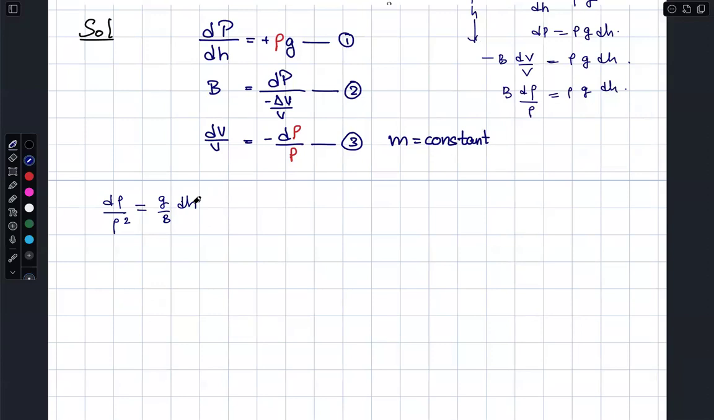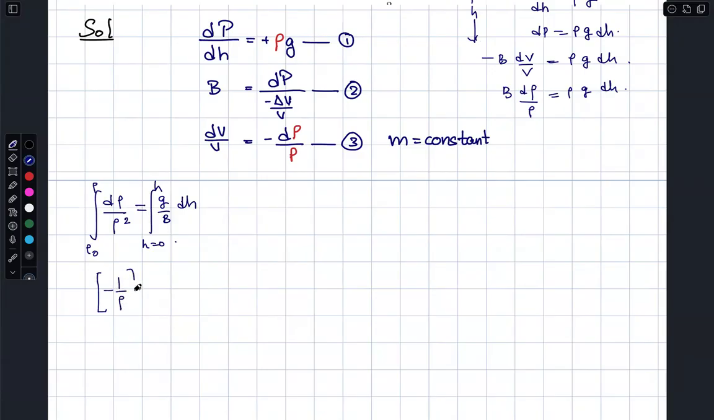That's the relation. Now we will do integration here. At h equal to 0, the surface density is rho naught. At some depth h, let that density be rho. You know the integration for this is